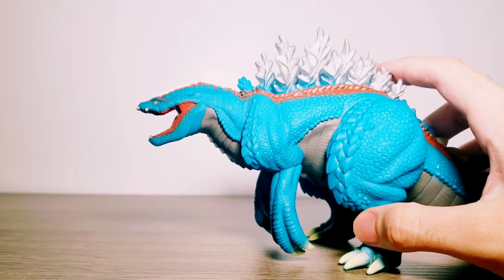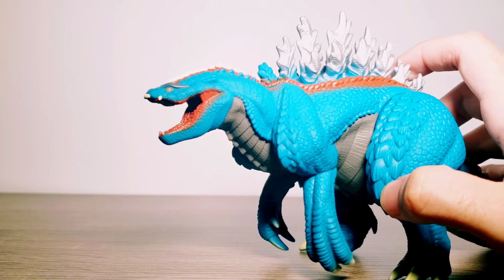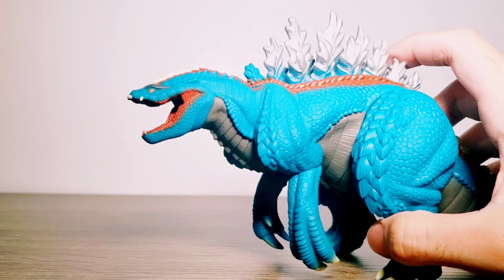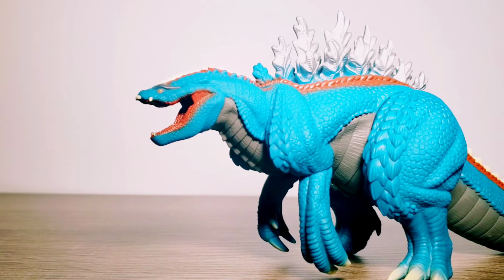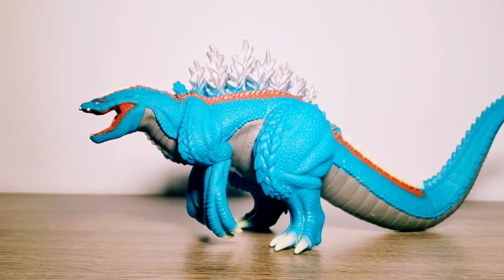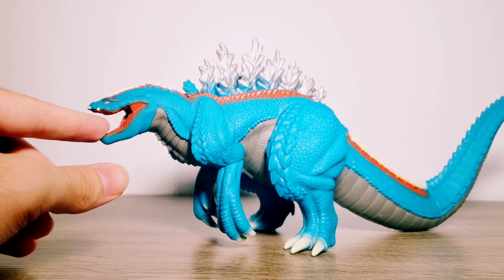Now, as far as the head goes, it starts to look like it's taking shape into almost looking like Godzilla. But, of course, it's, I would say, a unique appearance at this stage in Godzilla's evolution throughout the process of him evolving in Godzilla Singular Point. As far as the colorization goes on this figure, he has, I'd say, a red-orange, dark red-orange